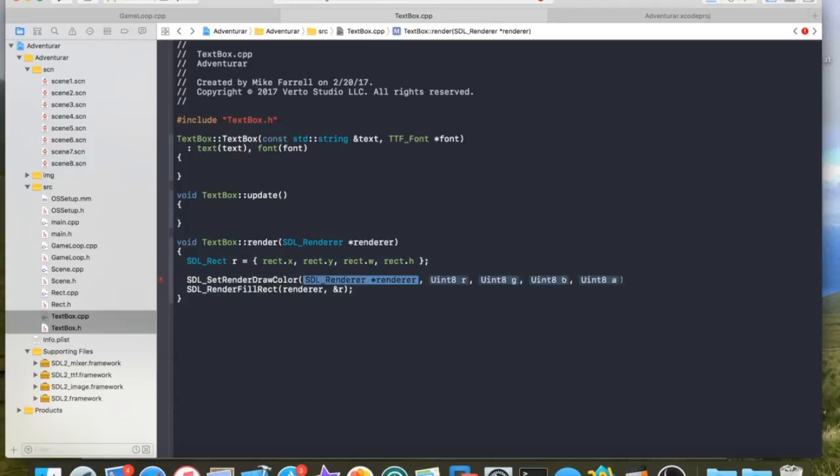We want it to be black. There's a renderer. We want black, but we want a tiny bit of alpha, in other words maybe like half full alpha. And that should be enough to draw our text box. Again, like I said, I was going to hard code the rectangles. So that's basically going to be equal to a border of 5 on the left and top, and a width of 1280 minus 10, 720 minus 10 to give us the same width and height, the same padding on the other side. So if I do that and then just create a text box inside every scene, which I intend to do,